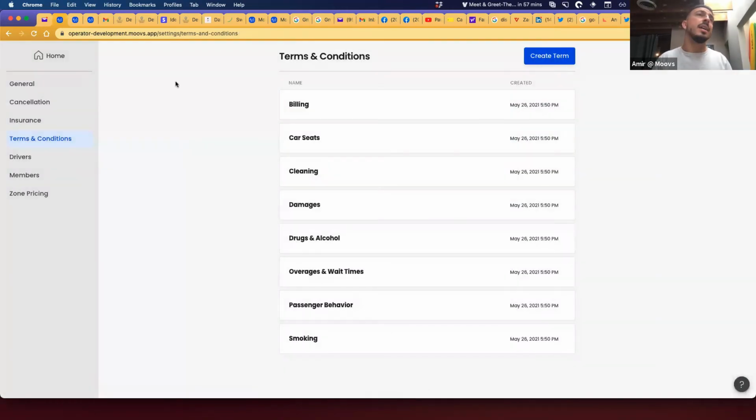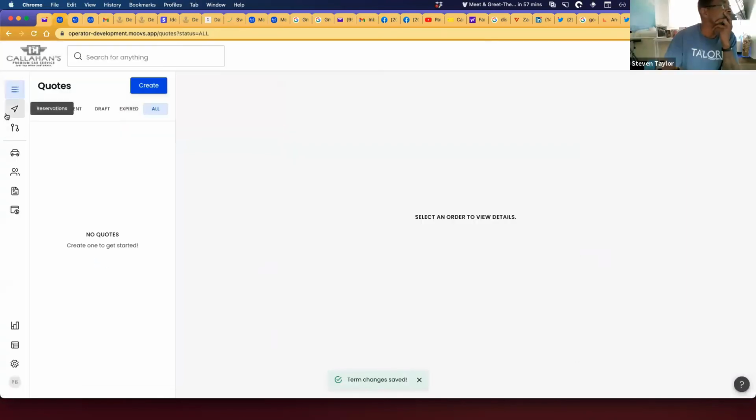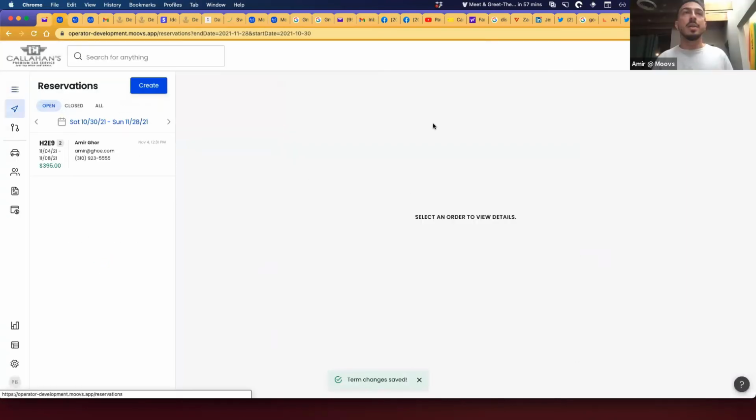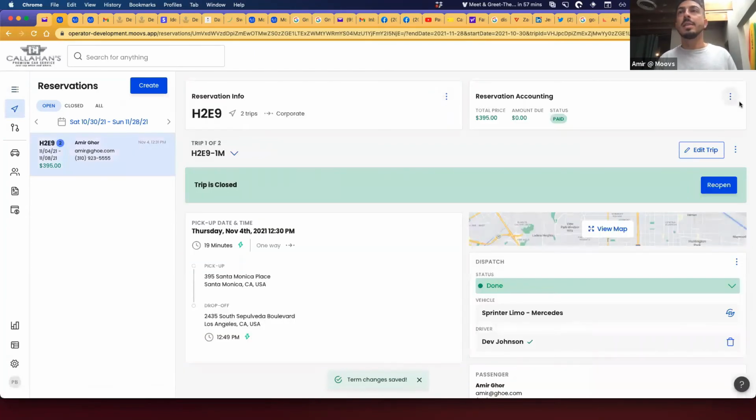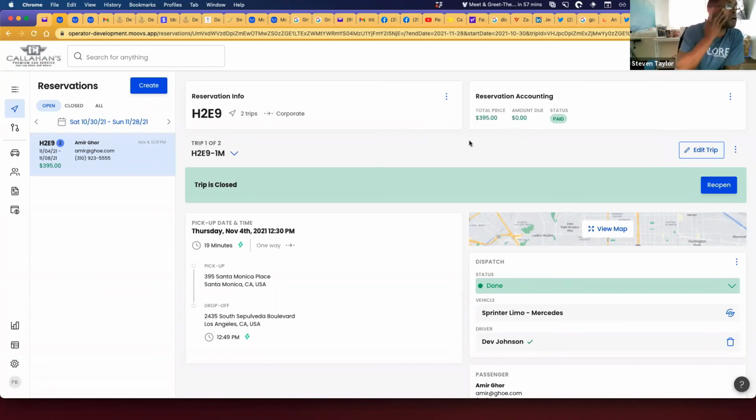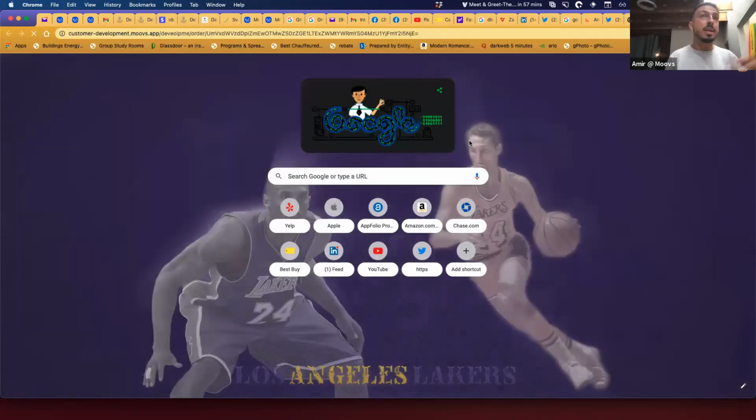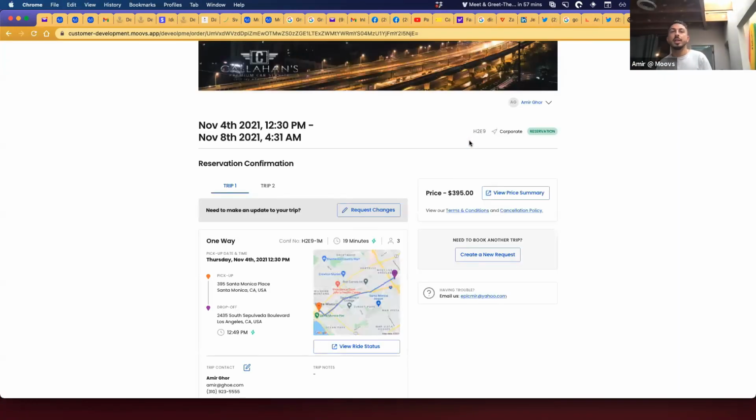One easy way for everyone to access that is in our menus, where we have all of these extra actions. In the reservation, you have this copy reservation link, so I can copy this, open up a new tab, and go right into the reservation page the customer sees.